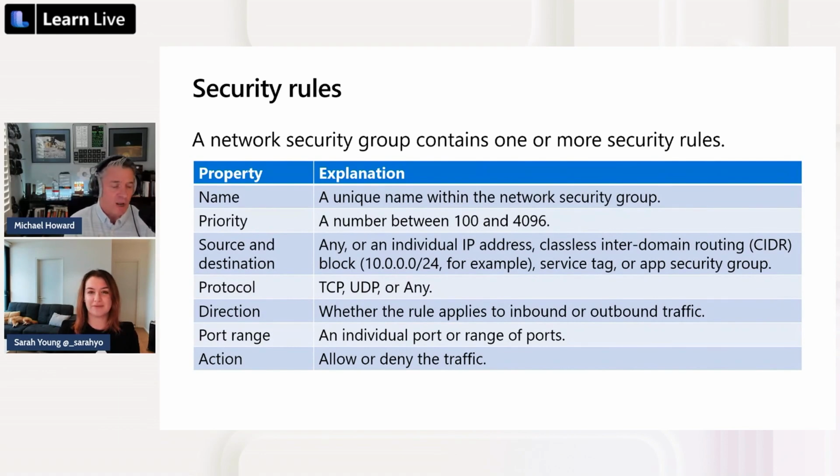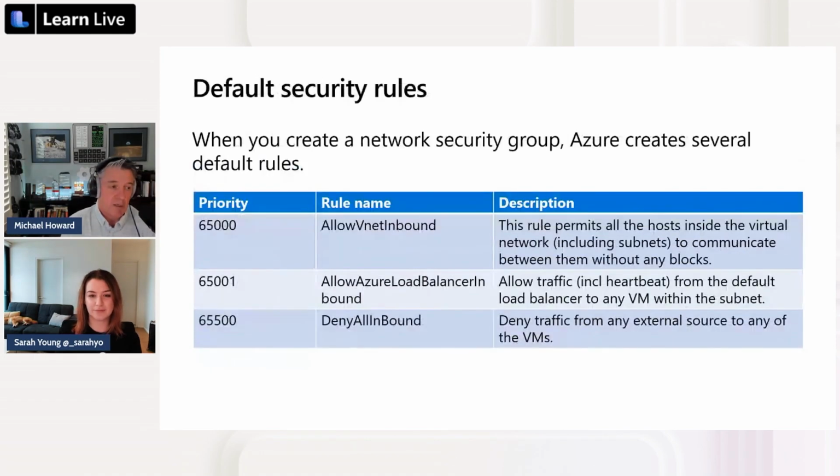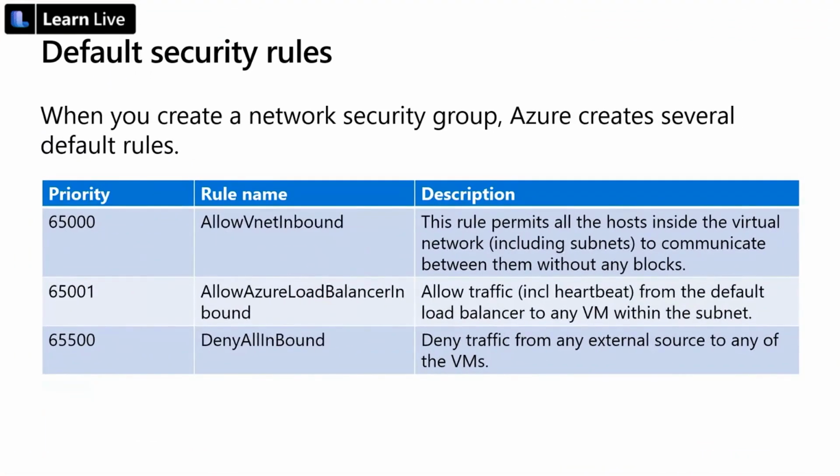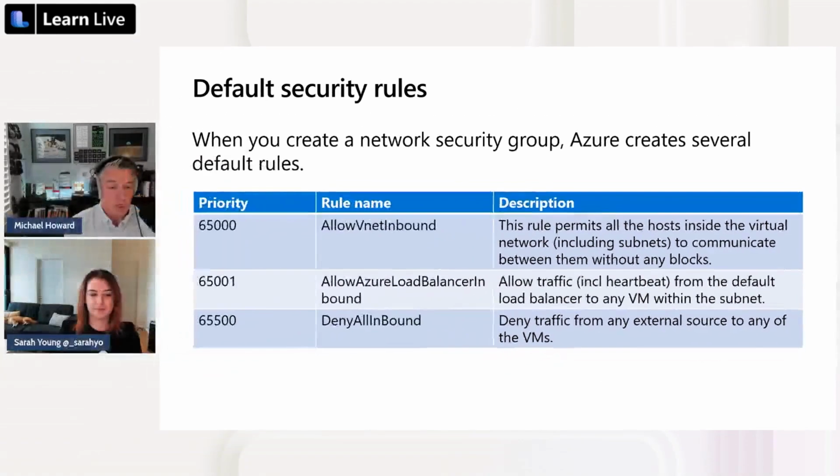And again, as I mentioned, it's inbound or outbound. You can also set an individual destination port and source port ranges. And finally, whether to allow or deny. You can set either of those two. There are some default security rules that are added automatically. The first one is allow VNet inbound. This basically allows stuff within your VNet to talk to each other. Without this, you would be in a world of hurt. Next one is the allow Azure load balancer inbound. This is for VM traffic. This basically allows your VMs to talk to the load balancer if you have one, including the heartbeat, to make sure your VMs are alive or not. And then the last one is basically, hey, if all else fails, then just block everything.